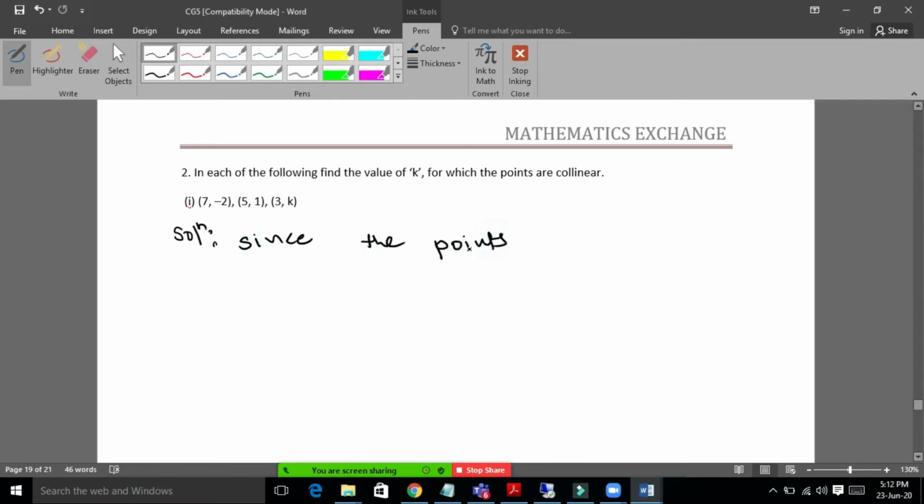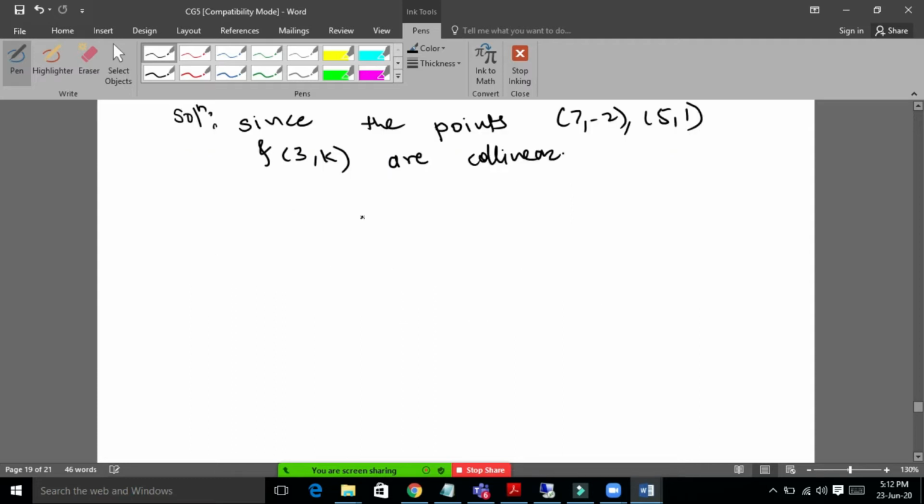Since the points (7, -2), (5, 1) and (3, k) are collinear, we know the condition for collinearity of the points. We write down here